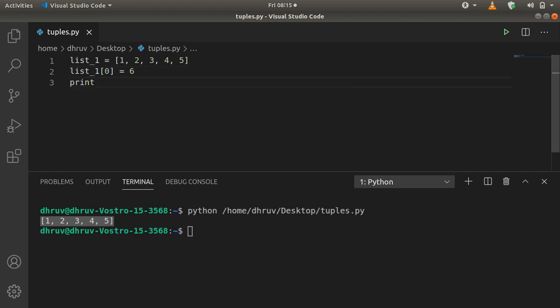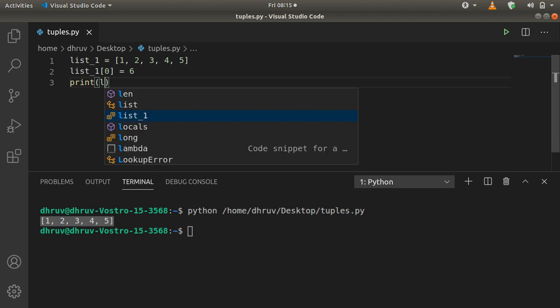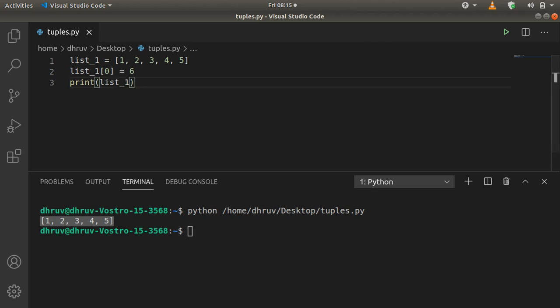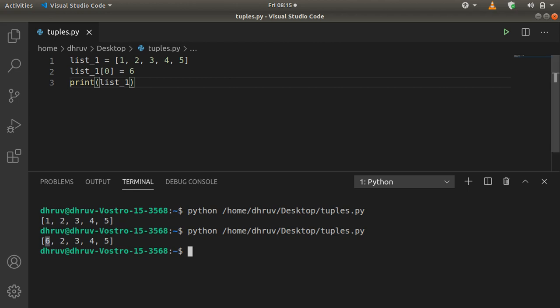And let me just print the list again. So list 1, and now you can see that we have changed the value of the first index inside of the list. So this is how you can change or mutate the values inside of a list.